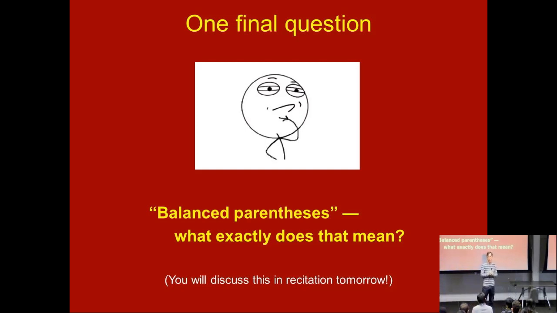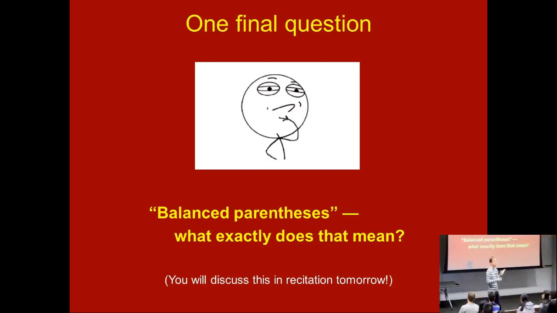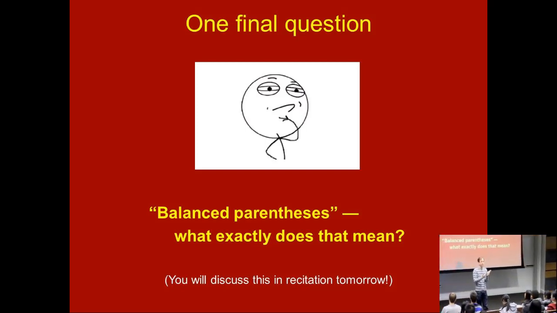If you go through the string, you have more open parentheses than closed parentheses, at each prefix. Yeah, that's almost exactly right. The suggestion was, if you take the string and go through it from left to right, you always have more open parentheses, or at least as many open parentheses as closed parentheses. And there's one more aspect to it. Somebody here want to say? They're also the same number of right as left. Yeah, there also has to be the same number of right as left.